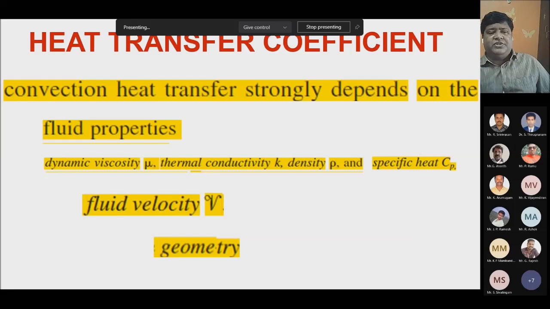So as far as forced convection is concerned, these 3 are there. If it is natural convection, we have the Rayleigh number, Grashof number, and Prandtl number. So the Reynolds number is replaced by the Grashof number or the Rayleigh number, along with the Prandtl number. Here we have the Reynolds number, the Nusselt number, and the Prandtl number. So these 3 numbers actually take into account any kind of h value.